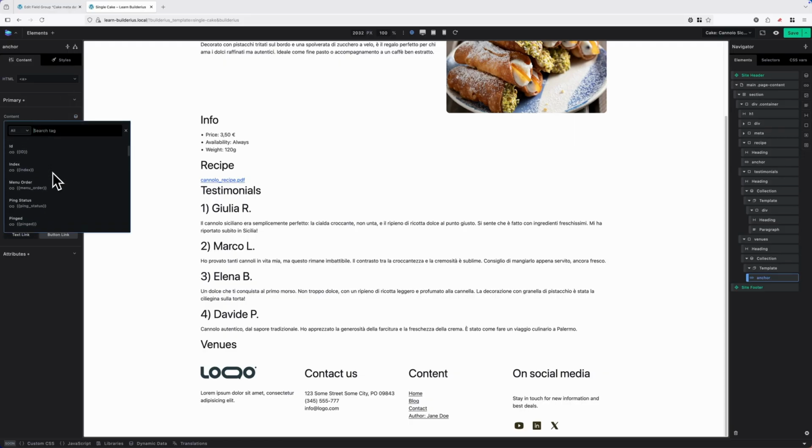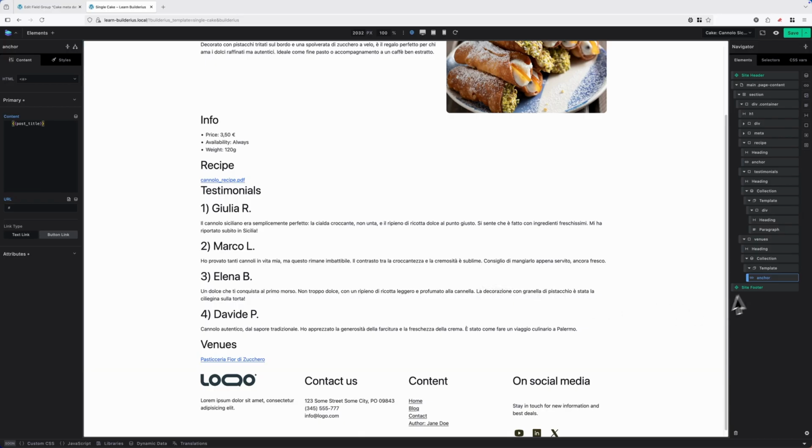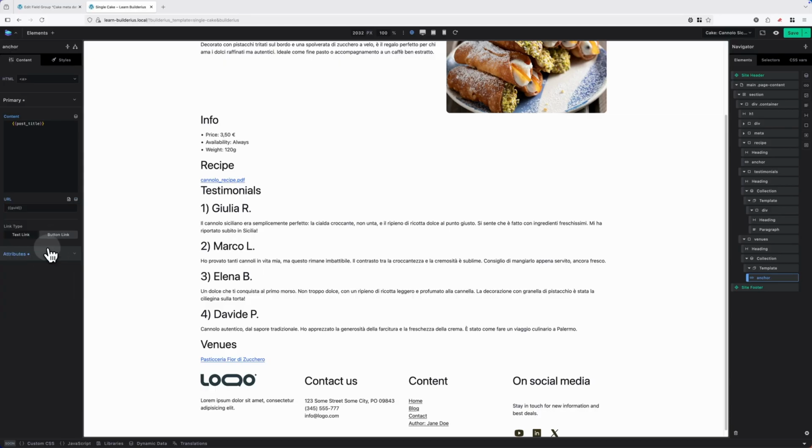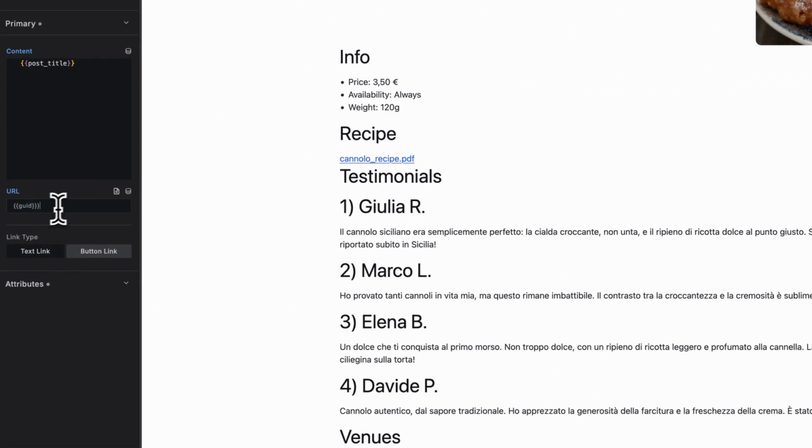It is fast and easy to display dynamic data inside my Builderius template, even such complex data as relationship or repeater. We use our custom post types added via relationship field. So I'm using a collection to display standard post data such as title and URL. In this case, I also have to unescape the URL